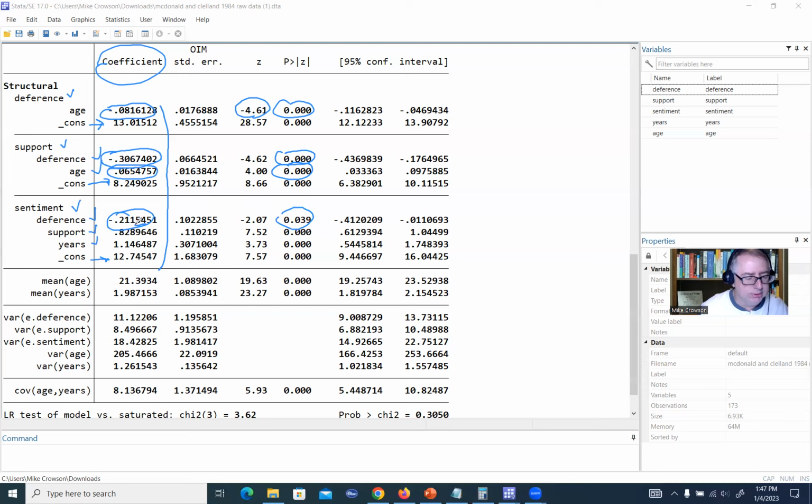For support, right here, we see that there's a positive predictive relationship, and we have significance there. And for years, we also have a positive regression slope, and we also have statistical significance for that. So as we think about the meaning of those coefficients, because that coefficient for deference is negative, that's basically telling